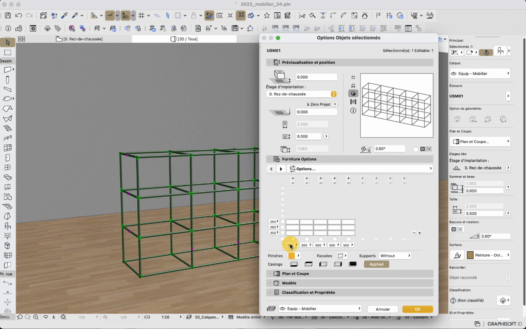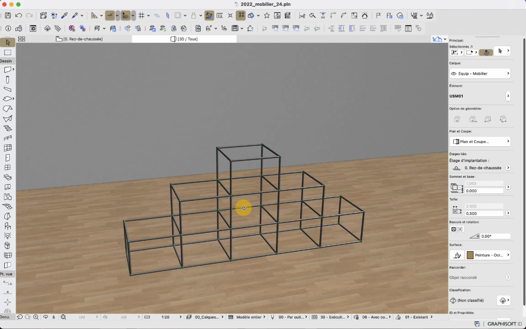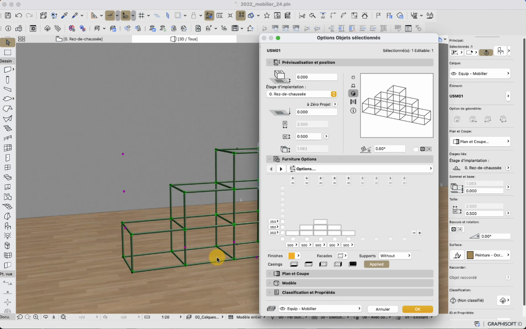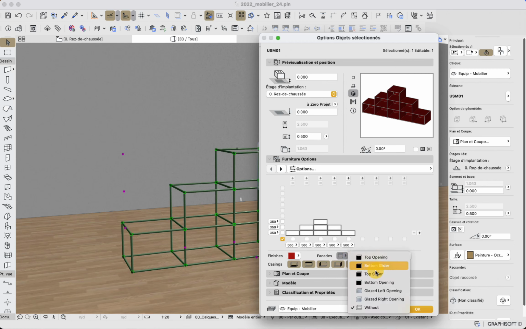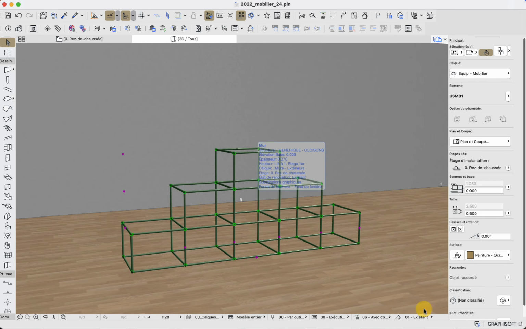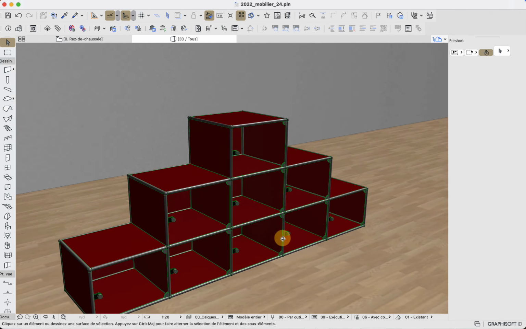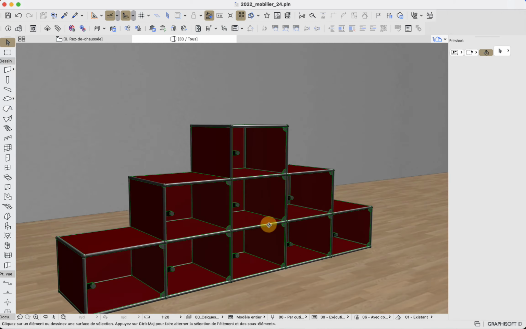So, for example, if I do not want something like that and want something that looks more like a pyramid, then I will just redesign the frame. When I'm okay with it and the dimensions, then I can go back, select what I need to change, and eventually change the color here and add a facade. For example, we will put a glazed facade for that one here. So it's also possible.